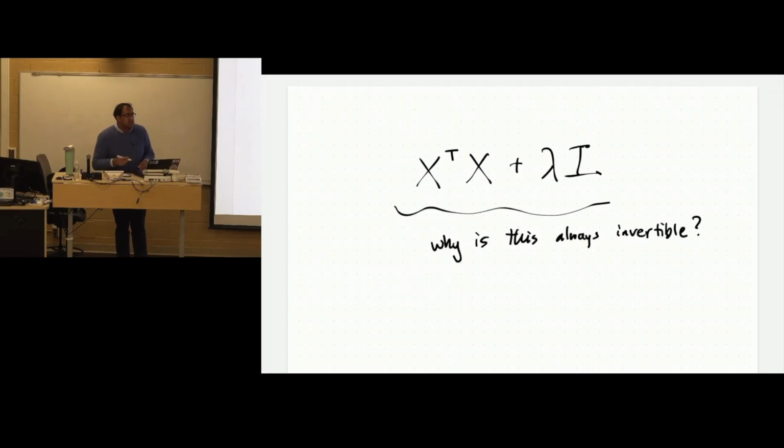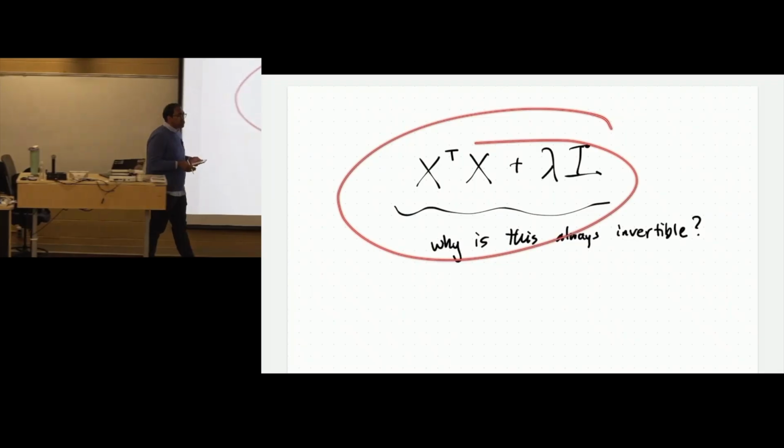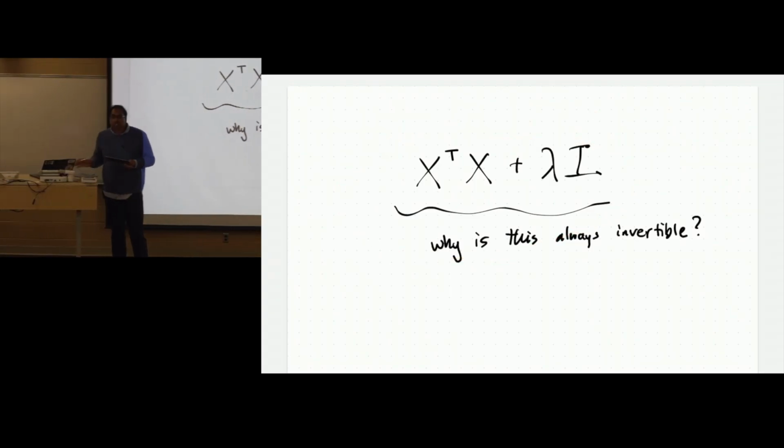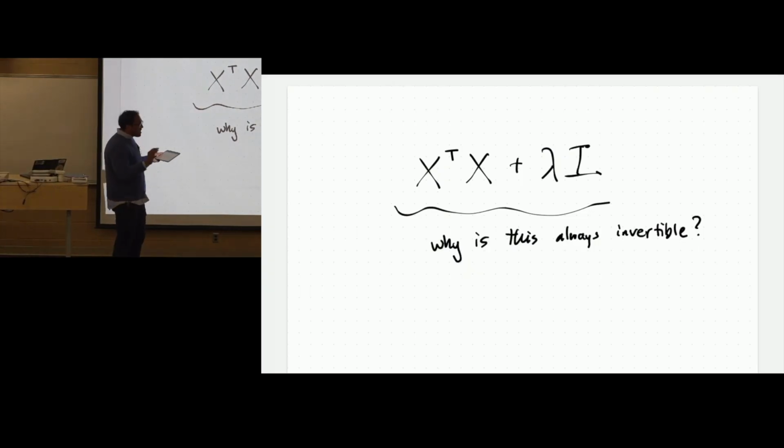For some context, this was a problem in homework 9 where you had to take the gradient of some other empirical risk function that kind of looked like mean squared error, but it had some extra stuff added on. And you ended up finding that the optimal W vector involved the inverse of this matrix. And I kind of just said in the homework, this matrix is always invertible, which is a pretty big